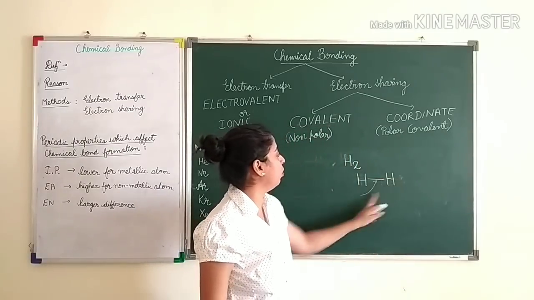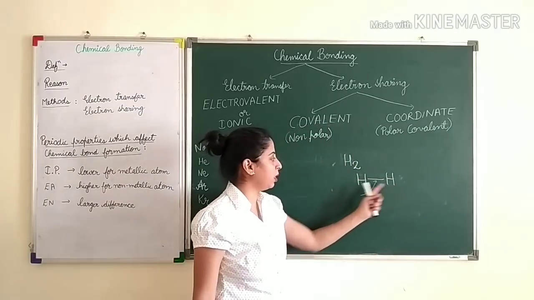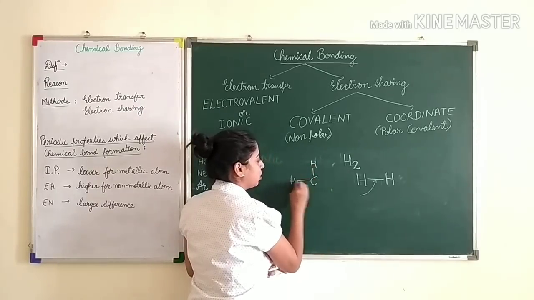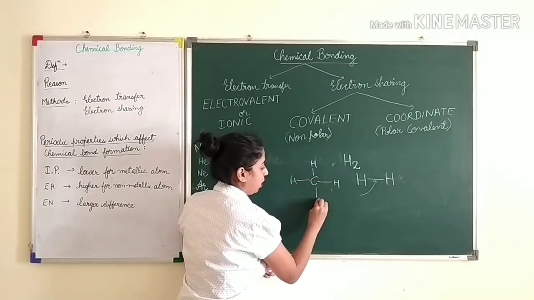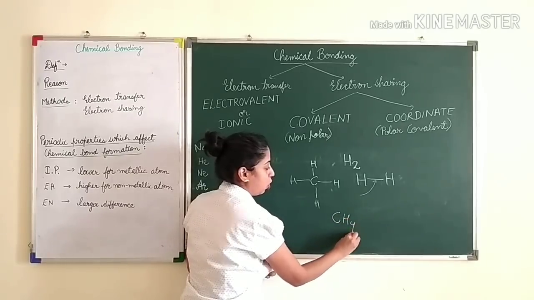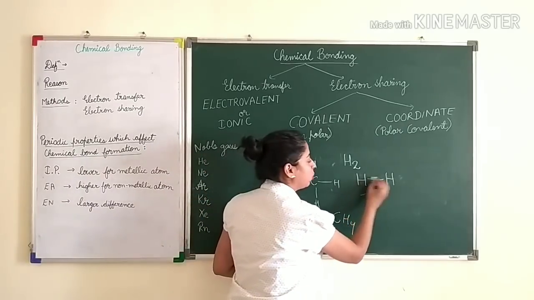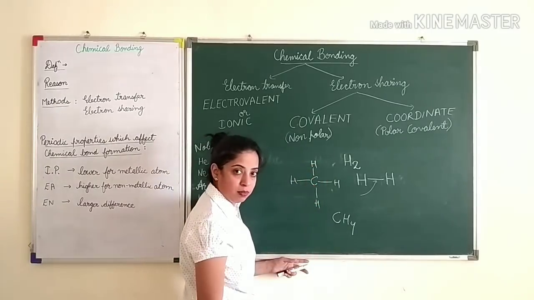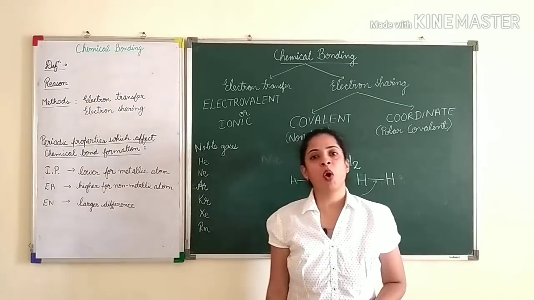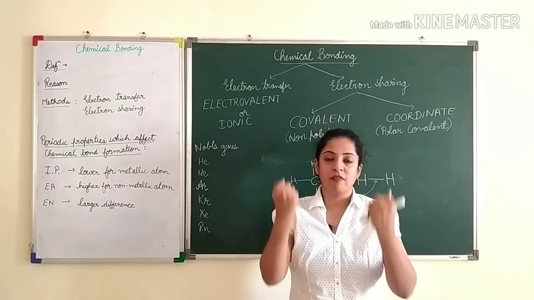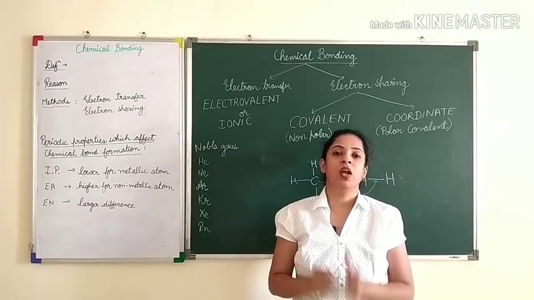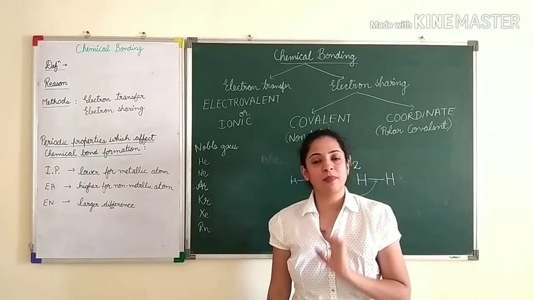Now that molecule can be like this, of the same atoms. The molecule can be like this, of 2 different atoms. Now what is this? This is CH4. So a bond can be formed between 2 similar atoms. A bond can be formed between 2 dissimilar atoms. Okay. So basically what is a bond? A bond is the force which binds 2 atoms or more than 2 atoms together in a molecule, and that molecule has to be a stable molecule.